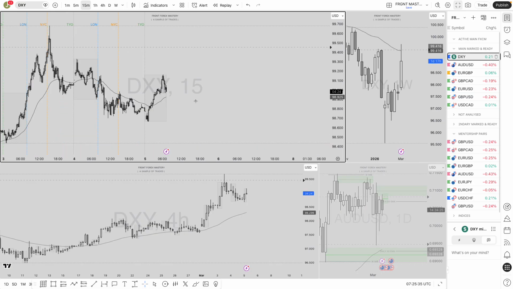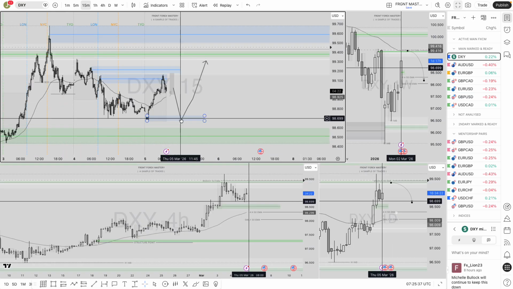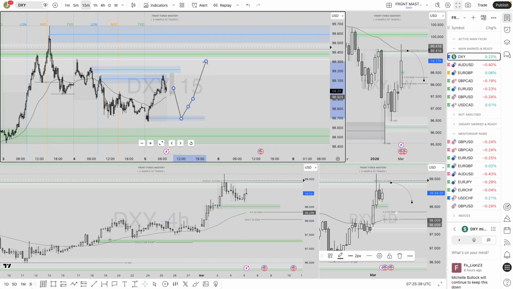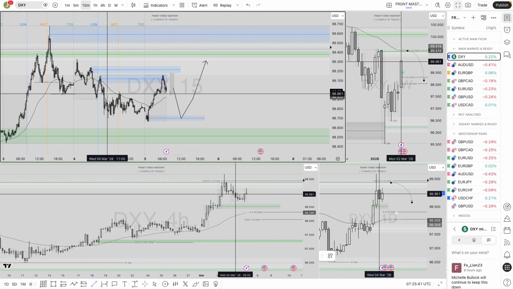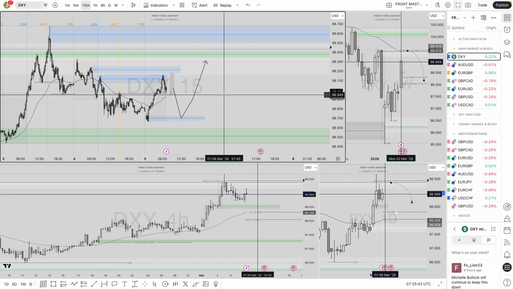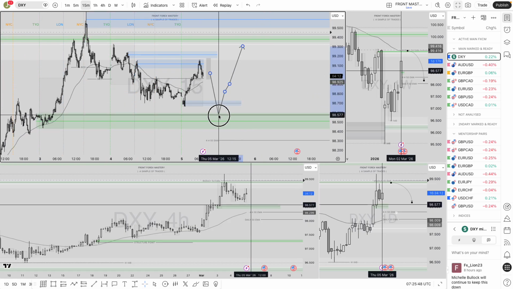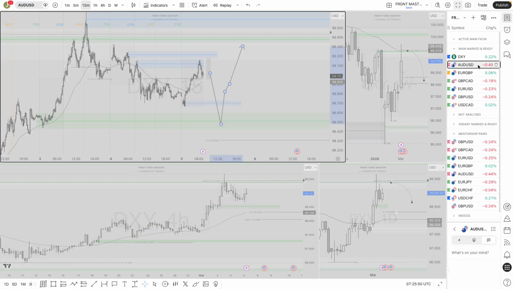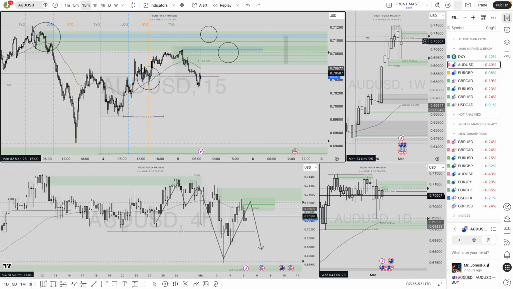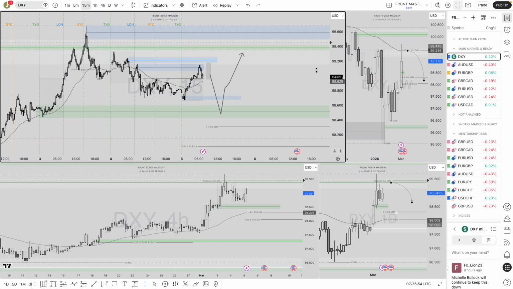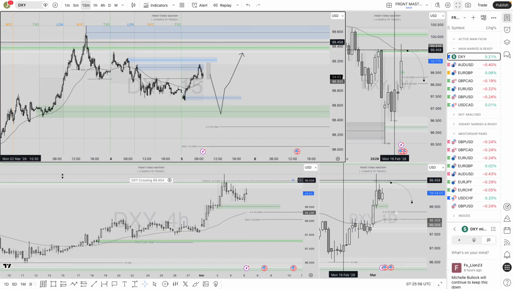And then on the DXY again, if the DXY doesn't respect this 15-minute order block, the reason why that could be an order block is simply an immediate break of structure like so. However, the better position would be down here. Again, however, the better position would be up here. So it's correlating, it makes sense.